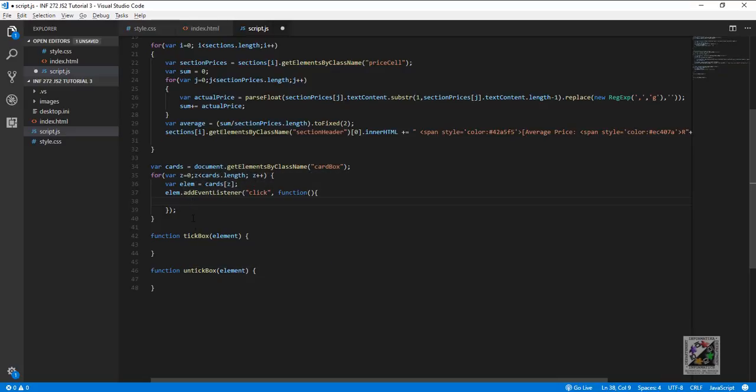So if it's in a state where it is ticked, then I will call untick box. If it's in a state where it hasn't been ticked, then I will call tick box. Okay, so how do I determine the state, like whether it's ticked or not ticked? We can use a class. So when we tick it, like when we call the tick box function, then we can actually assign a class to the element dynamically,